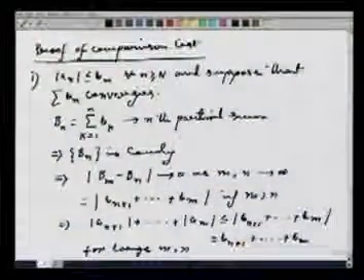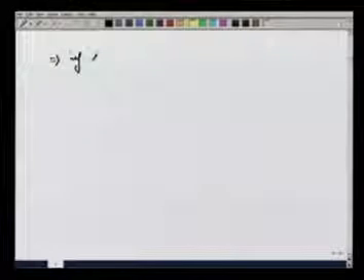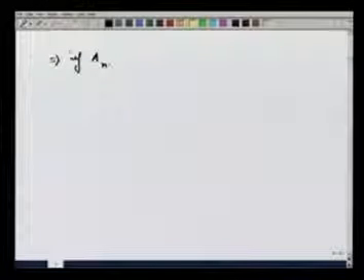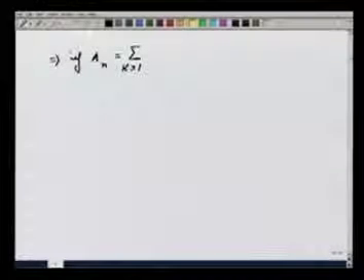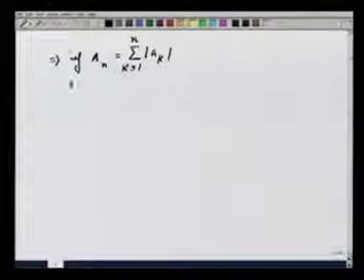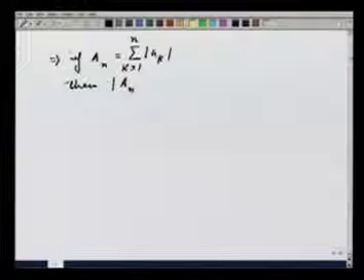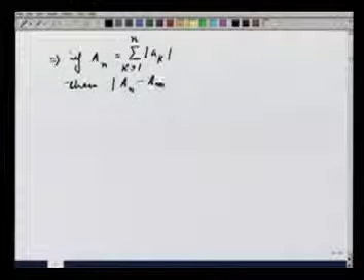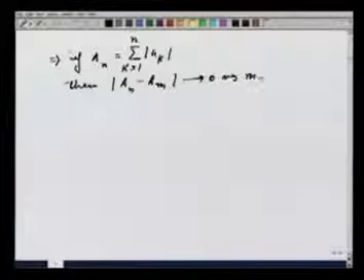That means if m, n go to infinity, then, if capital An equals summation k from 1 to n of mod ak, then modulus of An minus Am goes to 0 as m, n go to infinity,